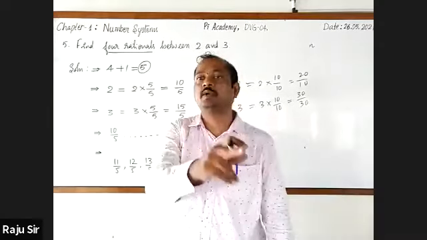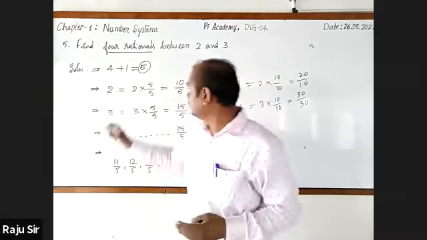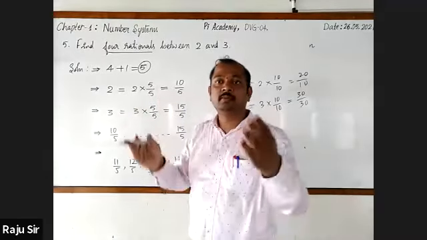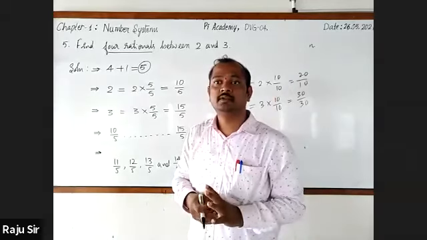We have to add 1 to whatever numbers are given. If 5 is given, add 1 to that, it will be 6. You may multiply 10 by 10, you may multiply 50 by 50, you may multiply 100 by 100. So, of course, you will get different rationals.